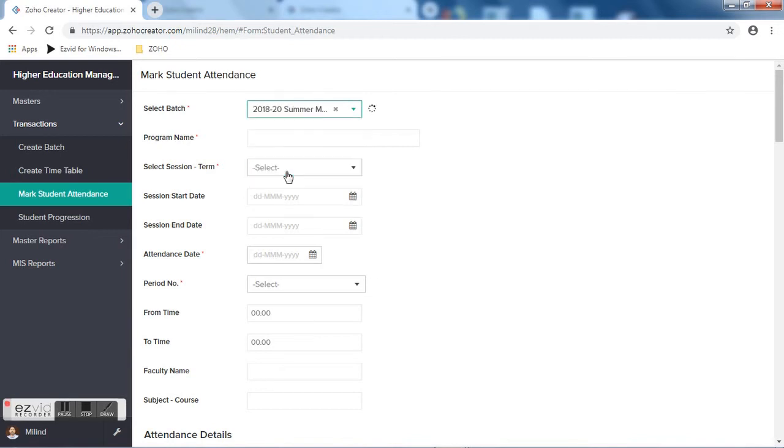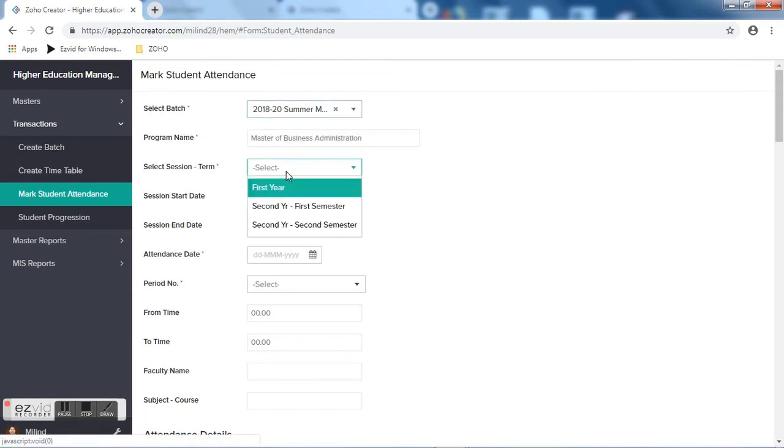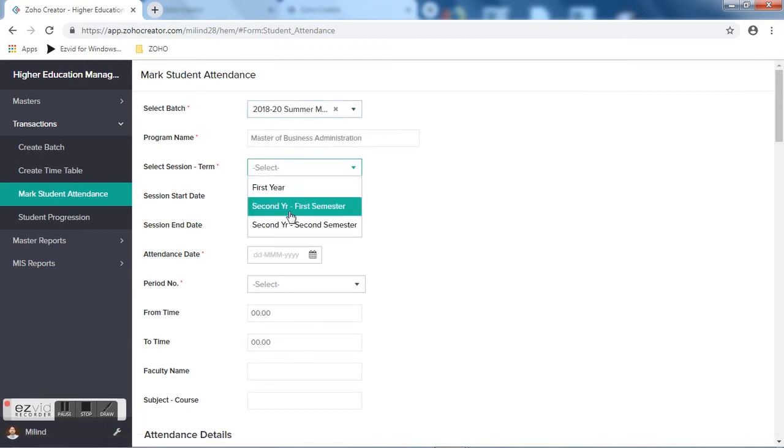So first I select the batch for which I am marking the attendance, and I select whatever term I am marking the attendance for. Now here I am just showing this as a demo, otherwise today's date should fall within the session start and end date.